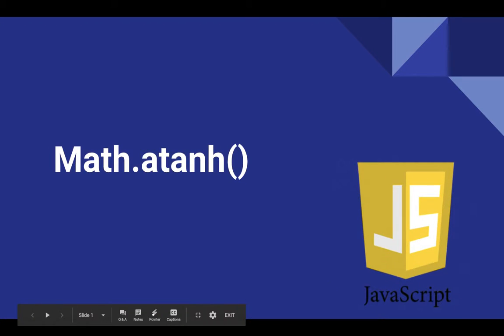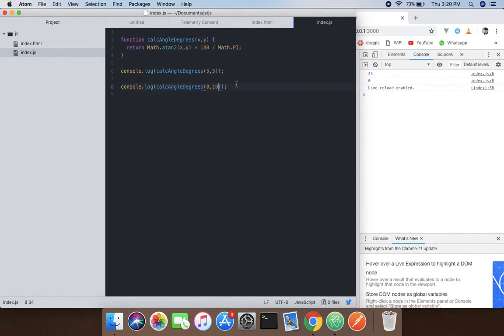Assad here with another tutorial, and this time we will find tanh, the hyperbolic arctangent of a number. So what we're gonna do is we do not need to make a function each and every time. I will directly show you that: console.log and use the Math